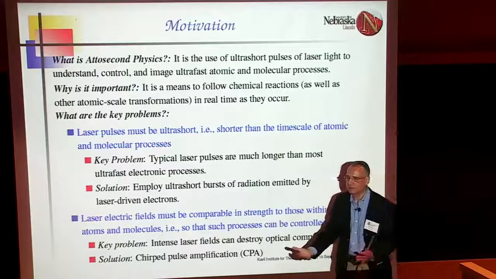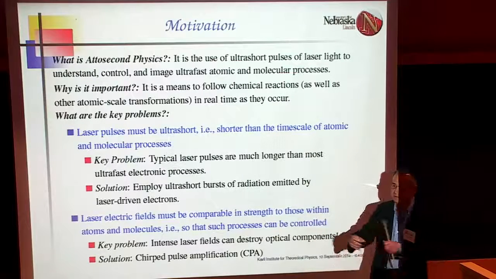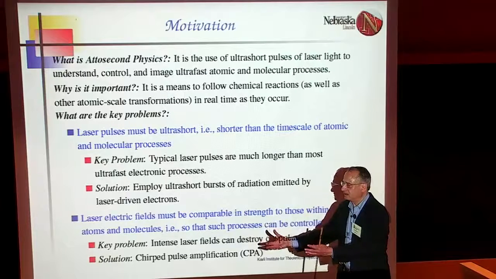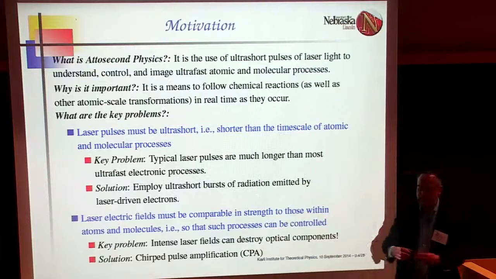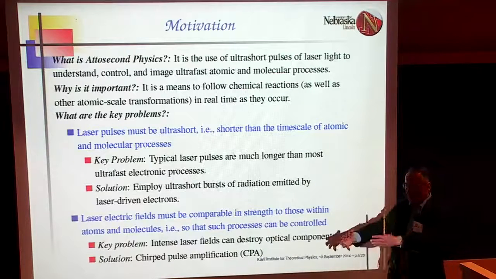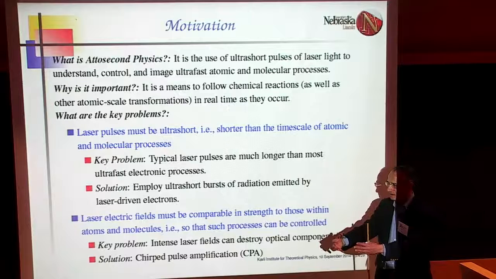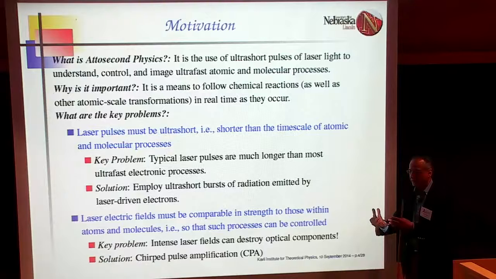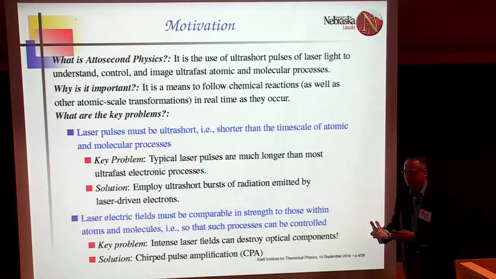You know, right now, what do chemists do? They mix some things together, and then they figure out what they've got. They have no idea how to go from mixing the things together to what you end up with. Because things happen on a time scale that's so fast that it can't be observed.